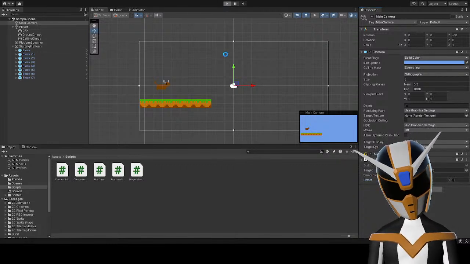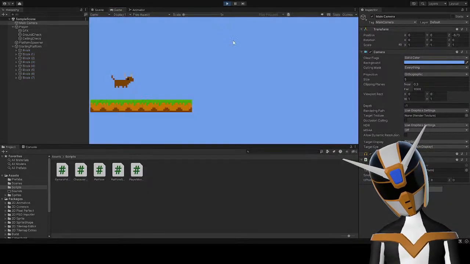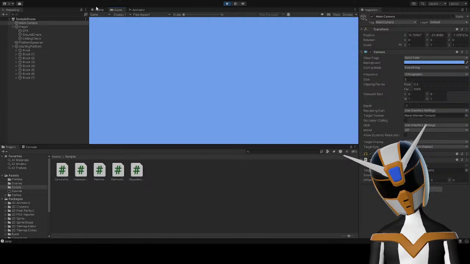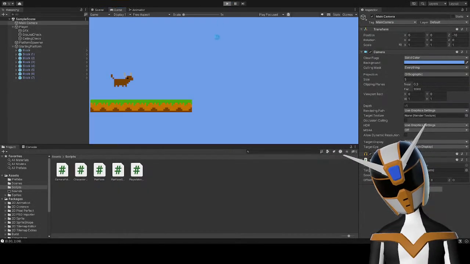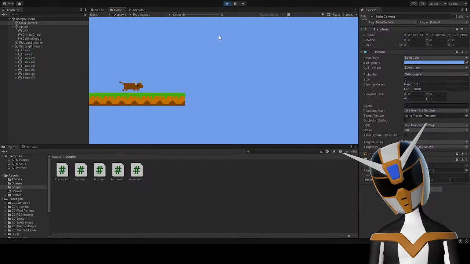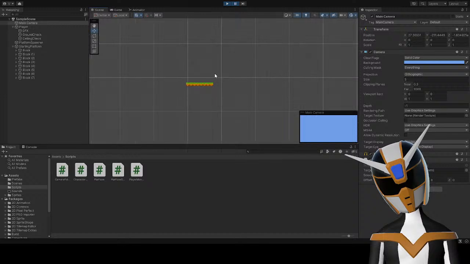Okay. Whoa, what just happened there? The camera just kind of went a little wacky all of a sudden. What? What's going on? Okay, so where's the player?